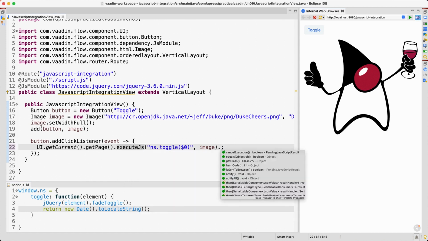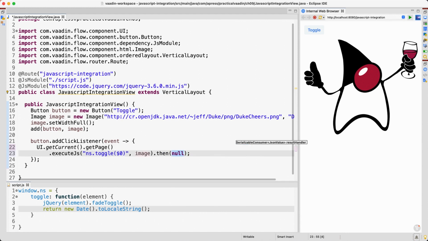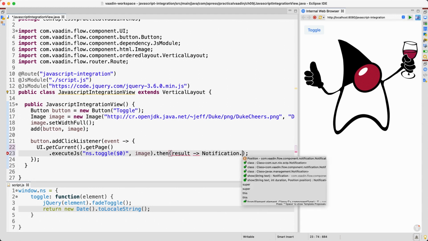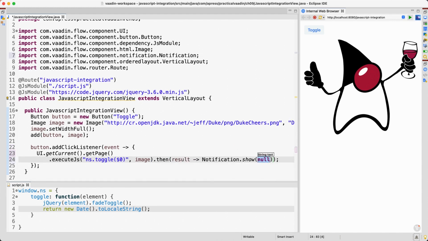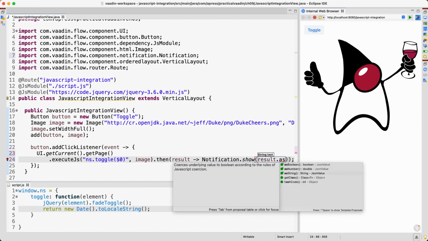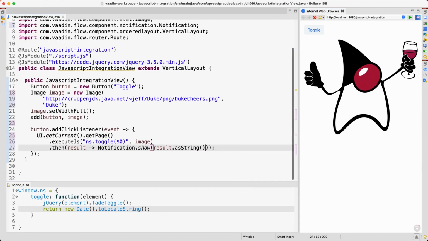That means we need to use the then method. Let me format this a little bit. And we have the result here, a result that we can use. For example, notification.show result as string. Let me format this again. Okay, so that's how you use the return